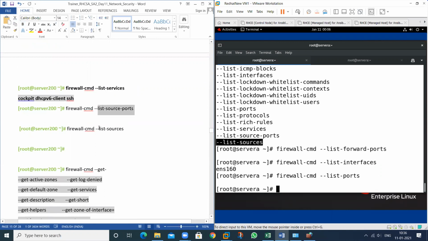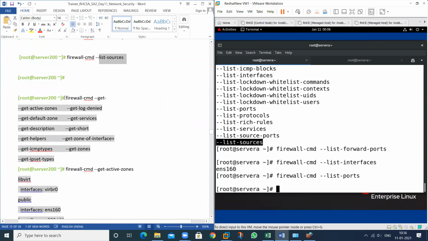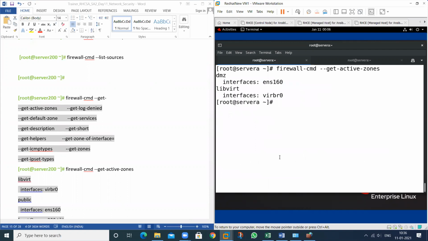All, this one also, this one also. And this is the command, that is called get active zone. If you want to check all the active zones, these are my two active zones. This one is DMG, where this port is allowed, and this one is libvirt, meaning for the virtualization functionality.